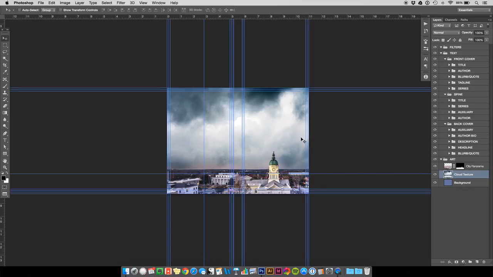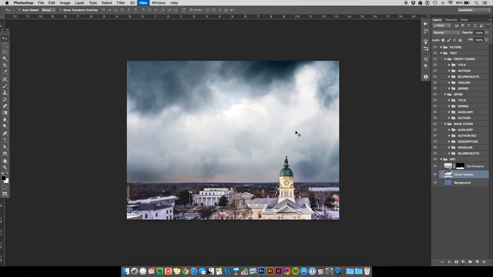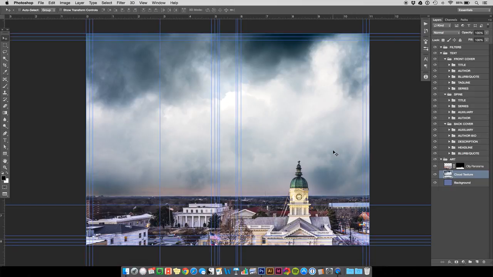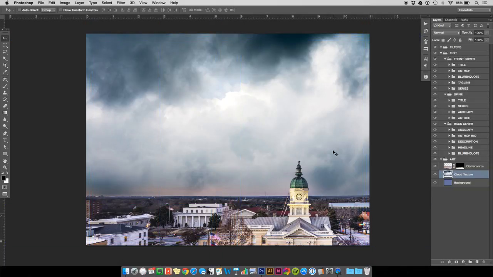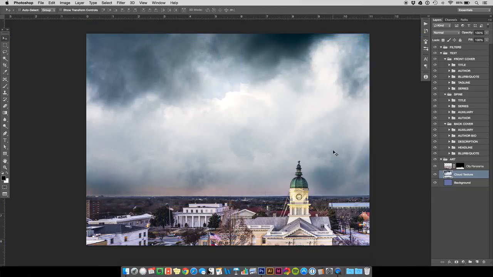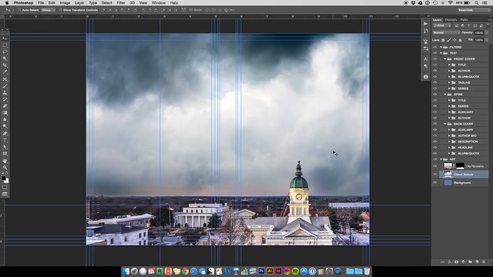Already you can kind of see the scene that we're beginning to build. And I turned off those guidelines, which you can do with Command H. If this is the first time you've ever used that particular shortcut in Photoshop and you're on a Mac, it might ask you if you want to use Command H to hide extras like the guidelines, or if you want to use it to hide